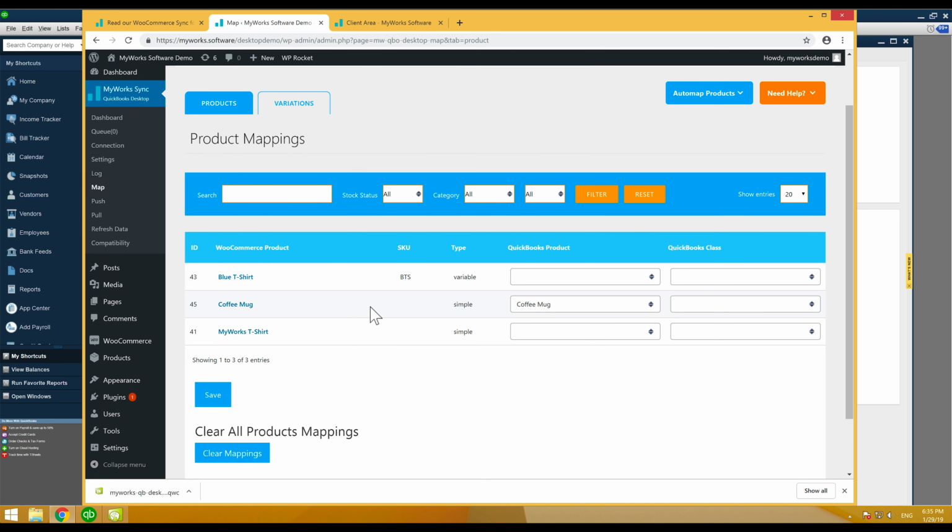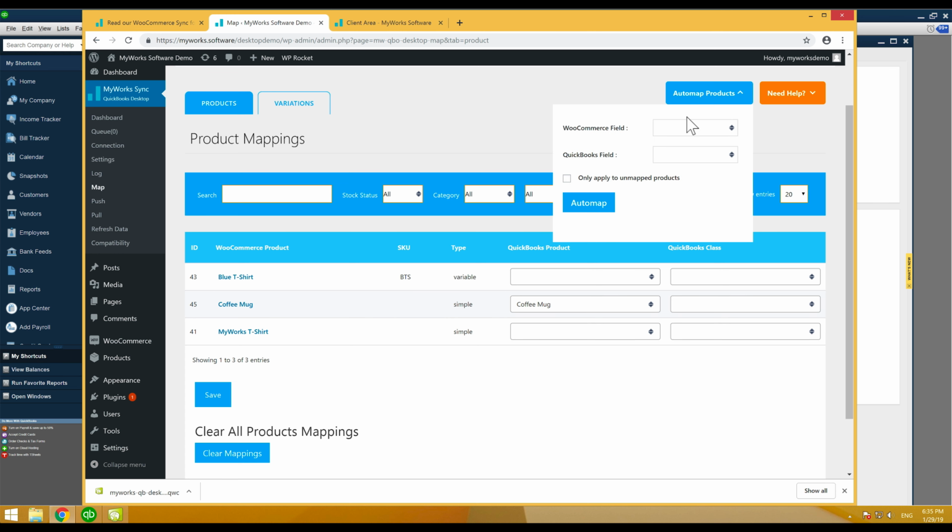If we'd like to automatically match them, we can also do so. You'll notice this SKU column here shows that the coffee mug and the MyWorks t-shirt product do not have a SKU. We always recommend that you have a SKU in your WooCommerce and QuickBooks products, as this will allow you to easily auto map them together, which we'll go through in a moment. If you don't use a SKU, you can also auto map by your WooCommerce product name. So for example, we can say we'd like to auto map our products by name, matching the QuickBooks item name or number. We'll click auto map,